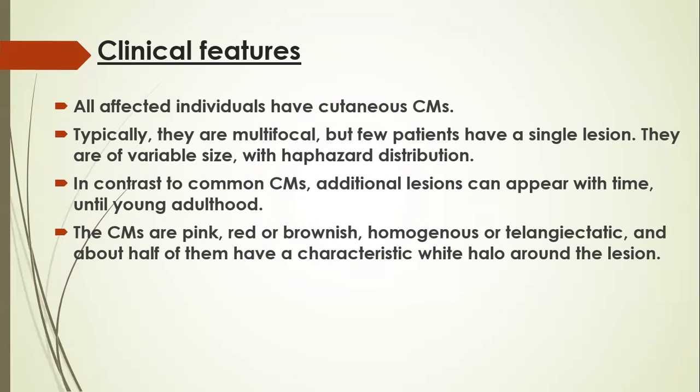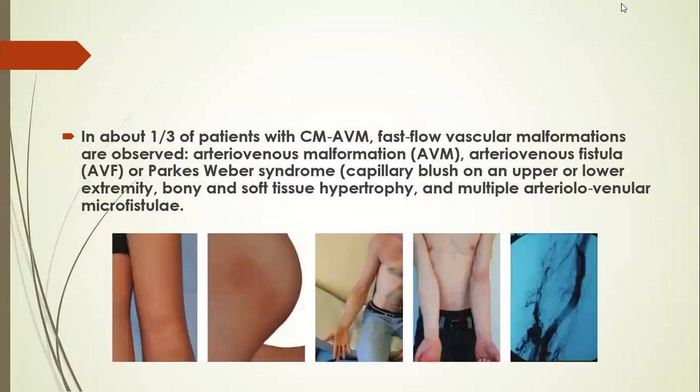Then the capillary malformations are pink, red, or brown, homogeneous or telangiectatic, and half of them have a characteristic white halo around the lesions. So you can see this characteristic white halo here as well as here. In 1/3 of patients with CM-AVM, fast flow vascular malformations are observed. These arteriovenous malformations you can see here, and this is the angiography. And these arteriovenous fistula or Parkes Weber syndrome, which is the capillary blush on the upper and lower extremity, bone and soft tissue hypertrophy, and multiple